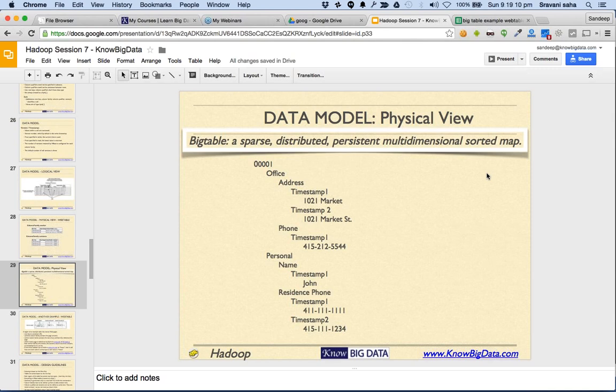Big table is distributed, meaning multiple machines can store the big table. Persistent, as in whatever you store into big table does not get lost in case a machine turns off or you come after some time. Is multidimensional, as in it has got many columns, it doesn't have only the key value. And it's a sorted map, as in it has got key and the value can be multidimensional, meaning my value